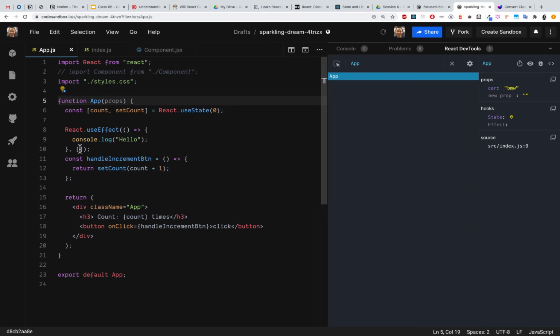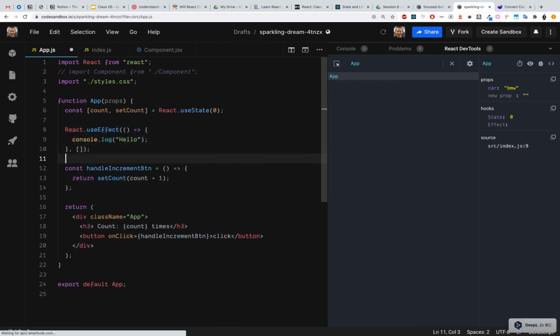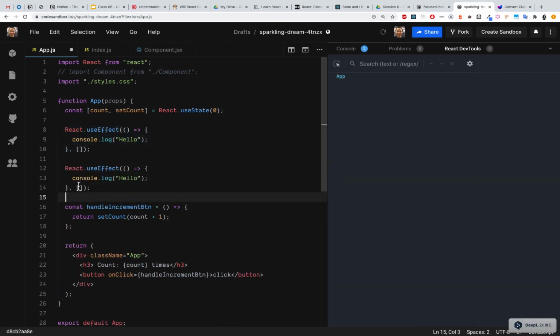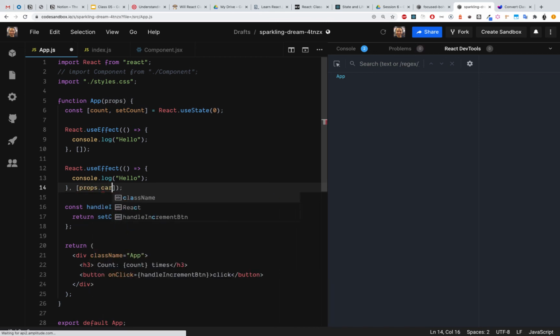Now we didn't specify to do any action when the props change, but actually we have one action that when the component mounts, we are console logging hello. We will make another useEffect, copy it, but here in the empty array, we will specify that whenever the props.car updates, please console log the car is,